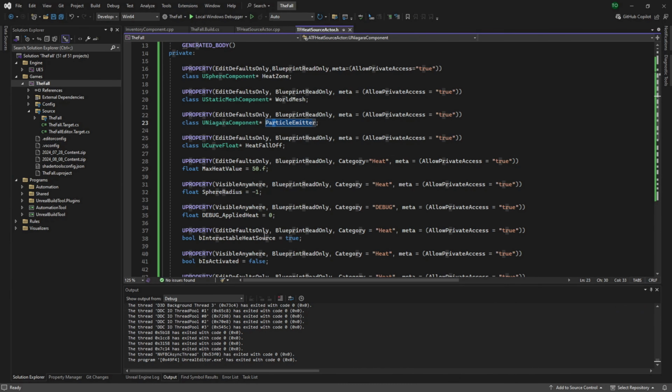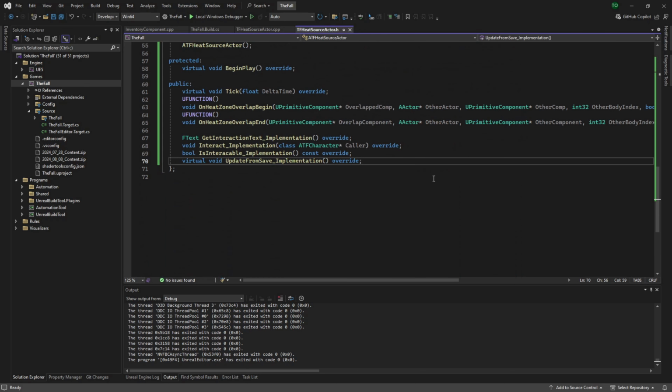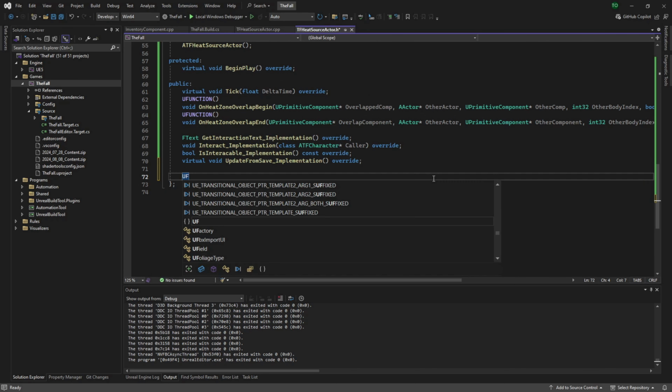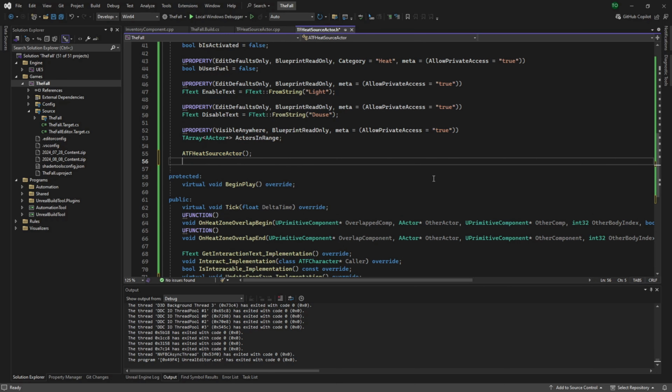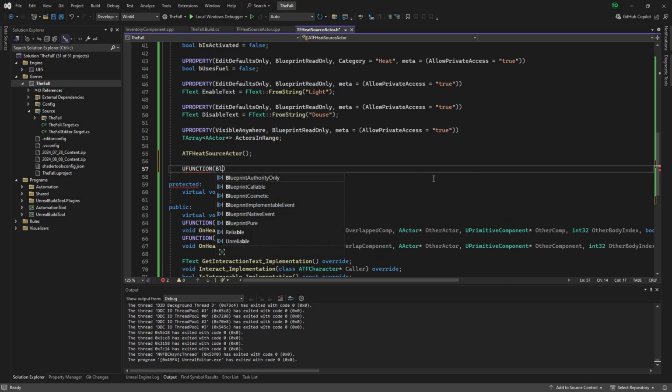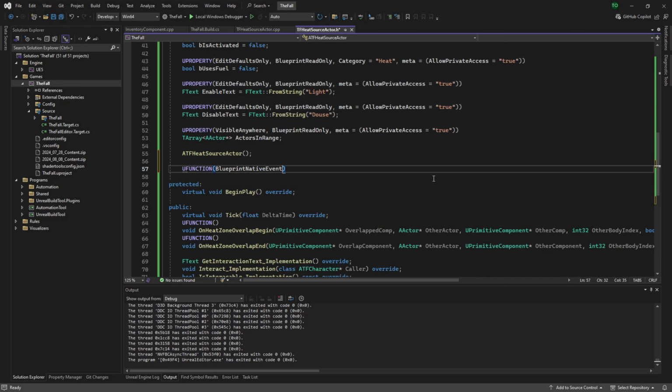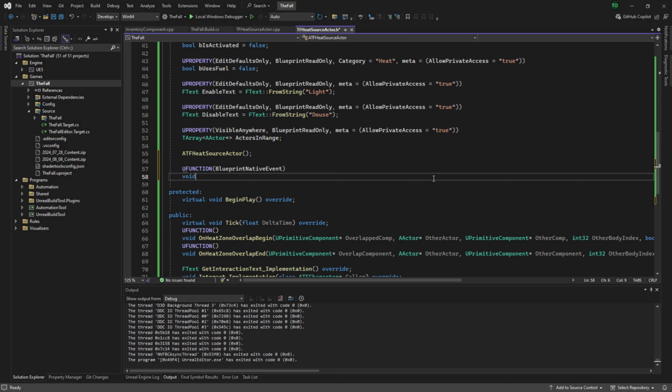So what we're going to do is, I can do that in the private, I believe. UFUNCTION BlueprintNativeEvent, void OnInteract, BP on interaction BP, yep. And then just because you have to do it with these functions,